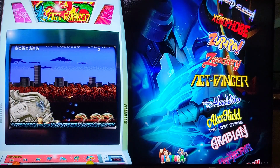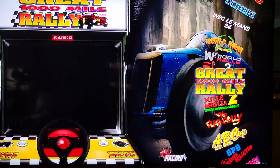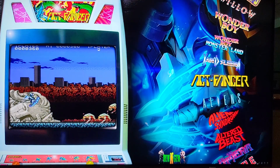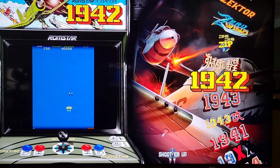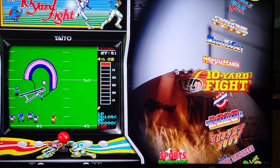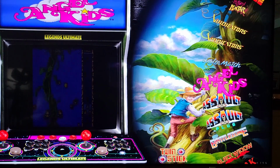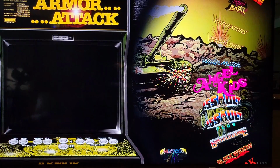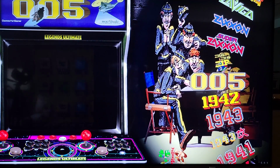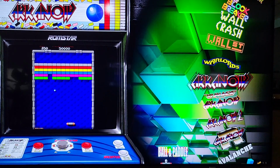platforms, puzzle games, racing games, run and gun style games, shoot 'em ups, spinner games, which unfortunately this one doesn't have a spinner, sports games, trackball games, twin stick games, which you can do with the dual sticks on this machine, vector games, vertical games, ball and paddle games,